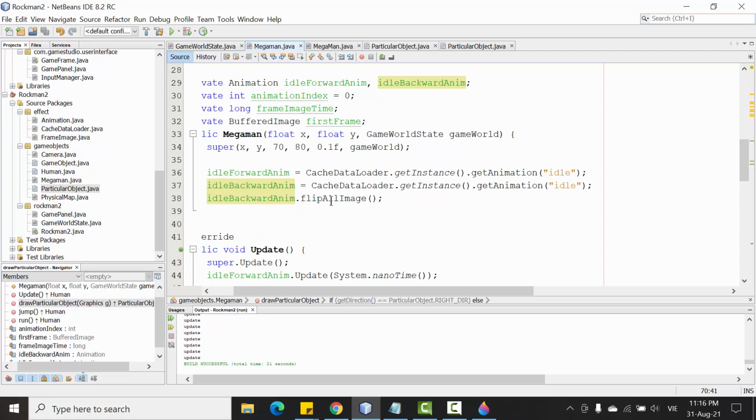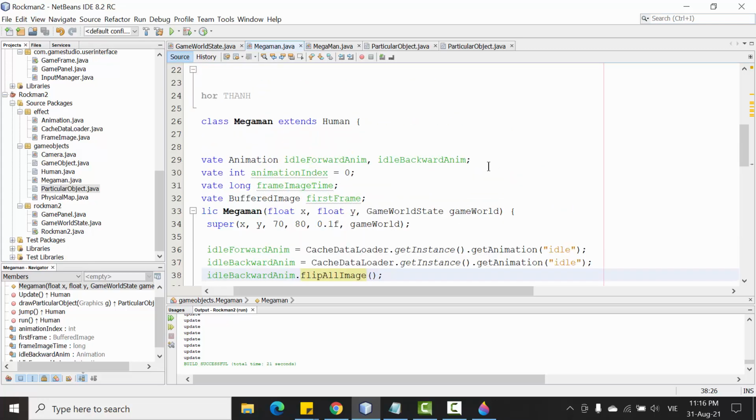Alright, so notice that you need to focus on this method, flip on the image here. This function made the forward animation to be the backward animation like this. Alright, so let's go